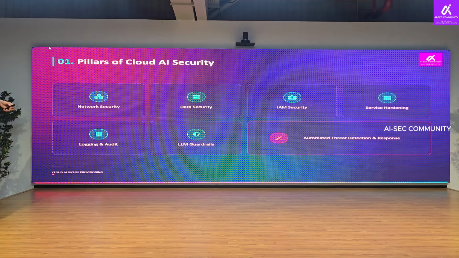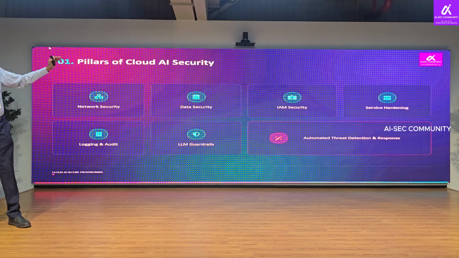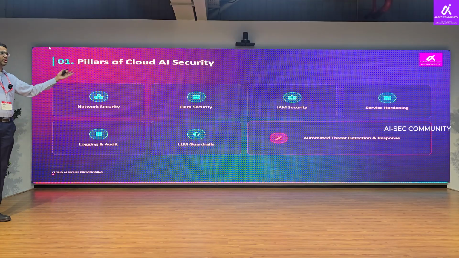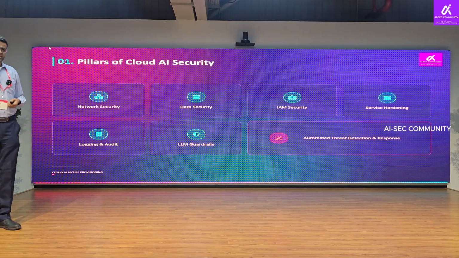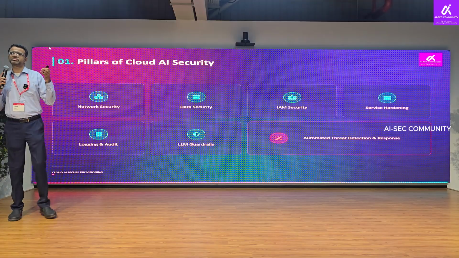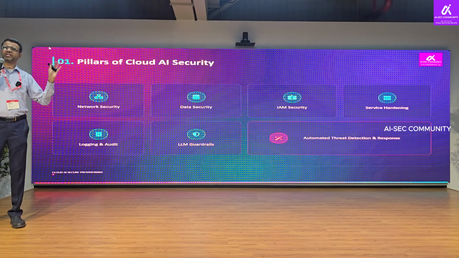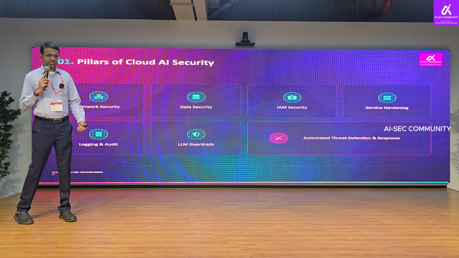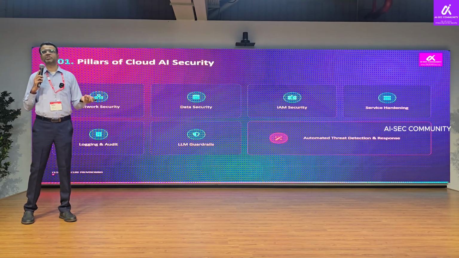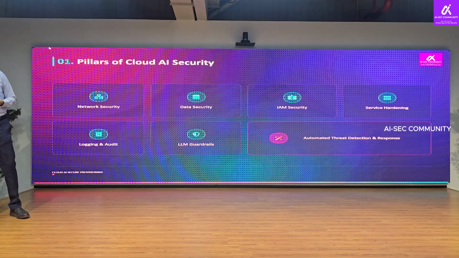So these are the top layers. In the next 15-20 minutes, I'm going to go through service hardening, which is the most crucial part of secure provisioning. How many of you would have, in your cybersecurity process, learned about hardening? Just raise your hands. Great. I think hardening is the most common topic that every person goes through when you talk about cybersecurity.